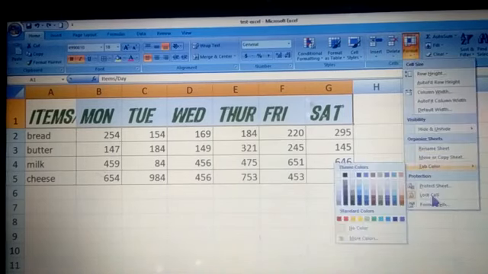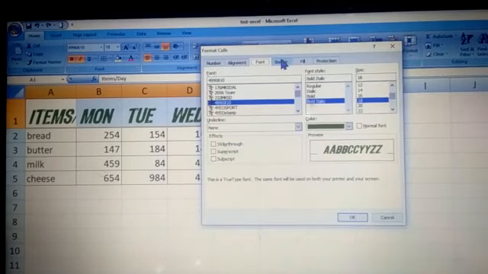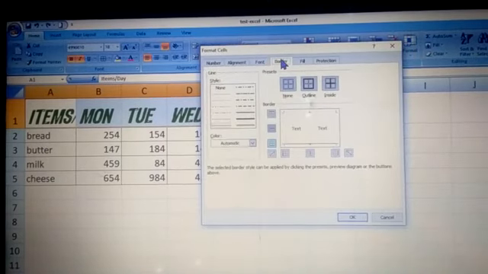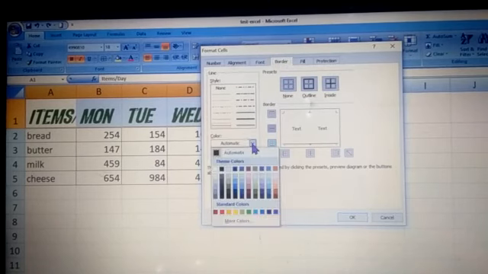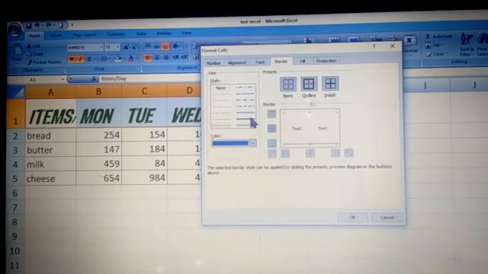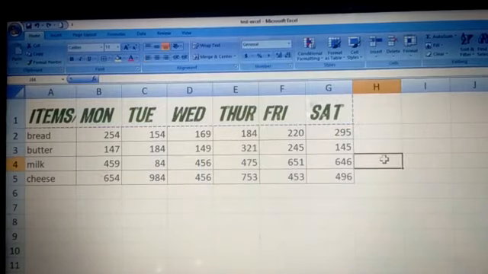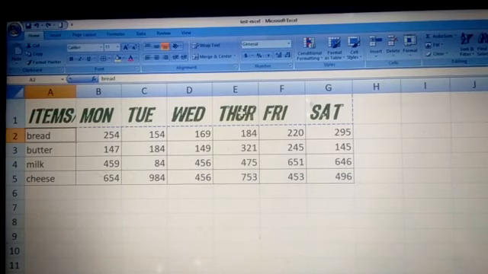Now the next one, children, along with font, is border also. So you can mention border if you want to apply whichever line style you want. You can do that. You can change the color also, and which type of style you want. Let's go for this dashed one. Then outline you want like this, fine, I want like this. Color is blue, I say okay. See, it is very minute. See here, the border is around this, you can see, right? So this is how you can format your cells, children.